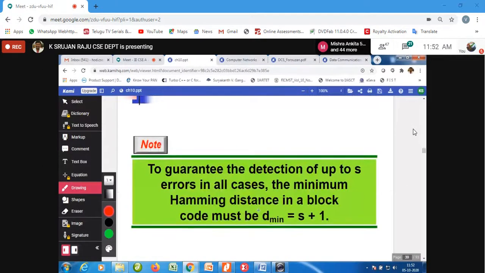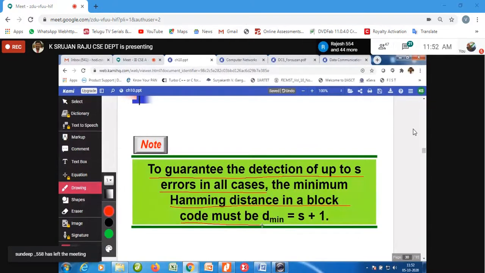When you use Hamming distance for detection, to guarantee the detection of up to s errors in all cases, the minimum Hamming distance in block coding must be d min equal to s plus 1.